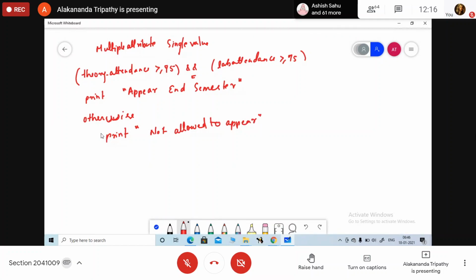These are the things we are going to do, as it consists of two attributes, theory and lab attendance, and here we are going to use a simple AND clause.